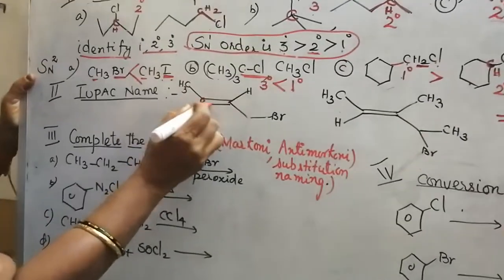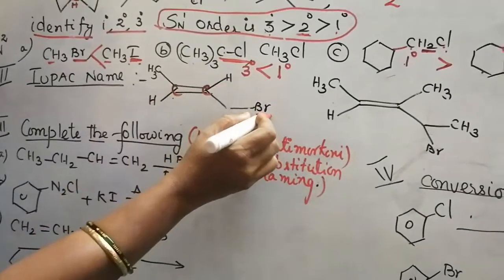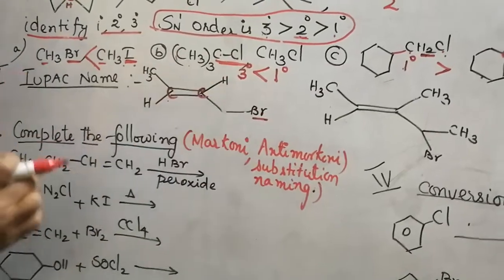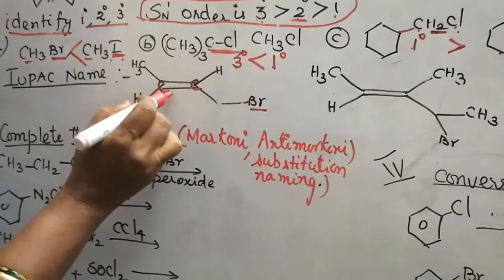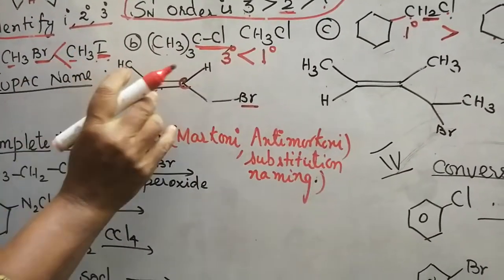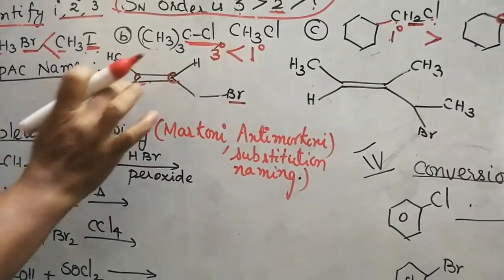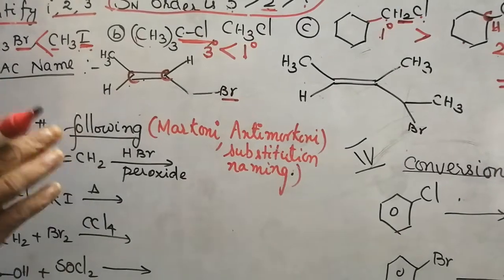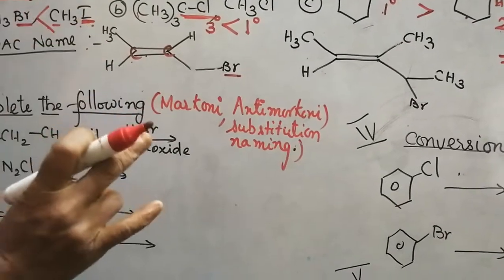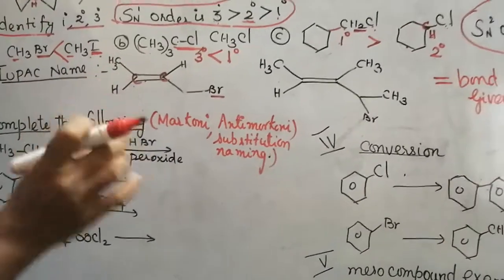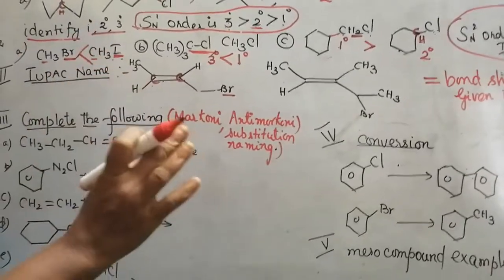Now see this, you have a double bond as well as a halogen. To whom do we have to give preference? We have to give preference to the double bond only. Now open the chain and write it in proper form. We have already learnt the complete form, condensed form, and bond line formula. All these three ways of writing a compound we have learnt.